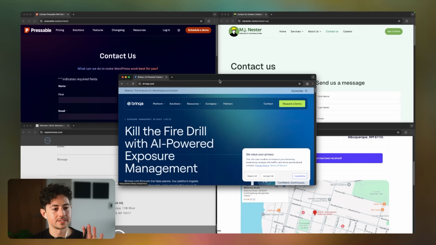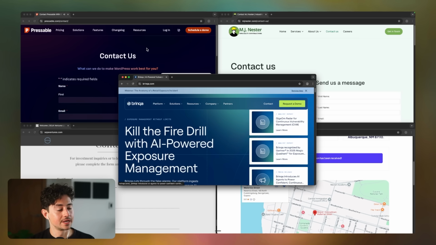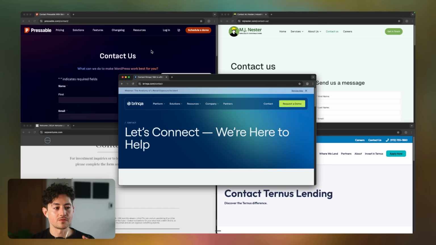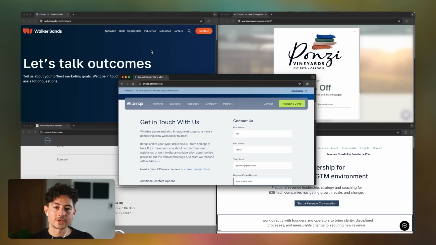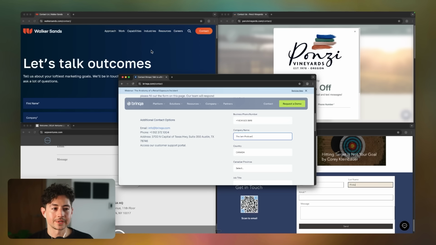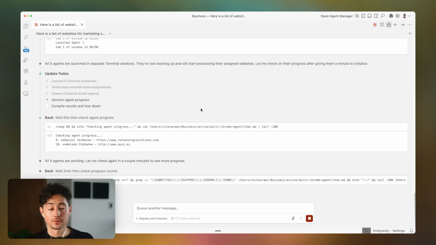And so this might be a little bit tough to see, but what these agents are all doing is they're independently navigating over to the contact fields of each of these websites. They're then dynamically filling out fields like the first name, the last name, the email address, and so on and so forth. And then they're putting in a little bit of outreach that's templated, but then changes depending on who they're reaching out to. These agents, through a combination of both research and then communication between each other in a shared chat room, are capable of doing things that any one agent might have taken many, many hours to do before. This is what I'm going to work up to with you guys over the course of the rest of the next couple of hours.